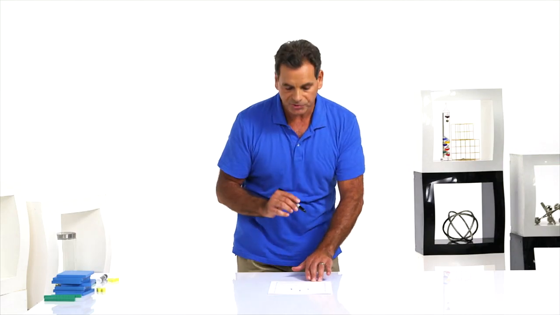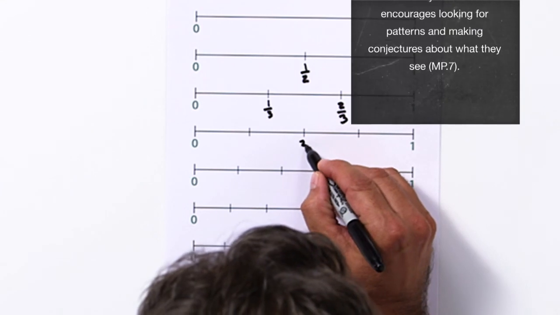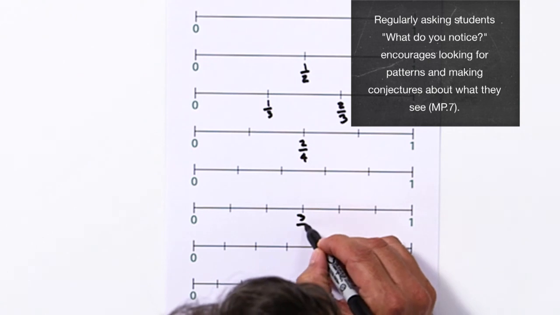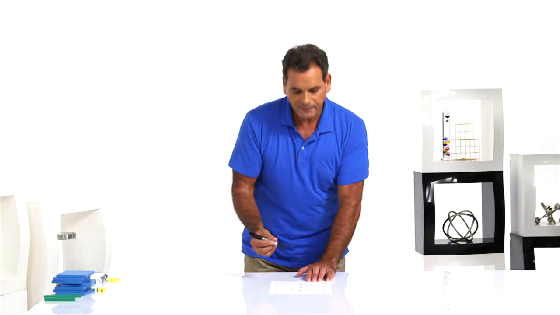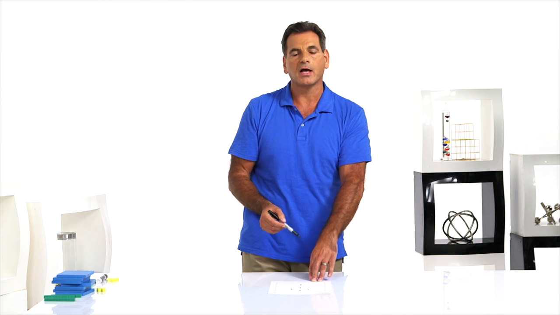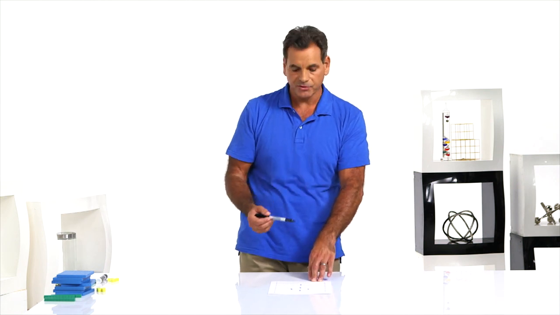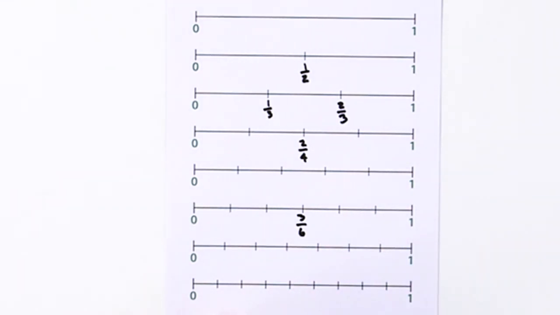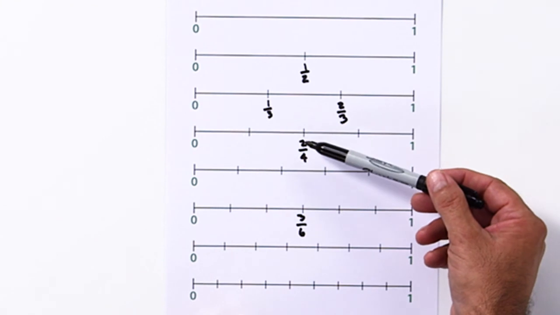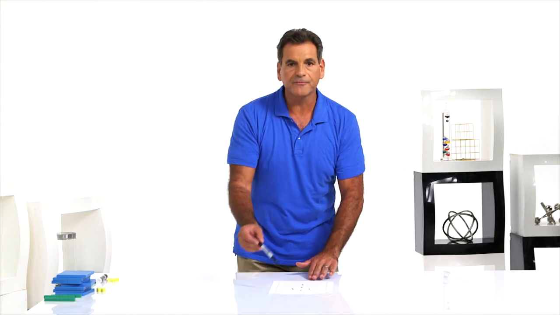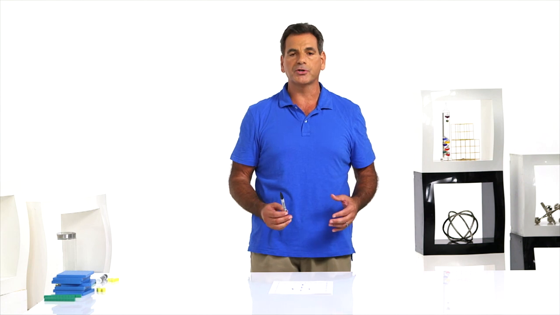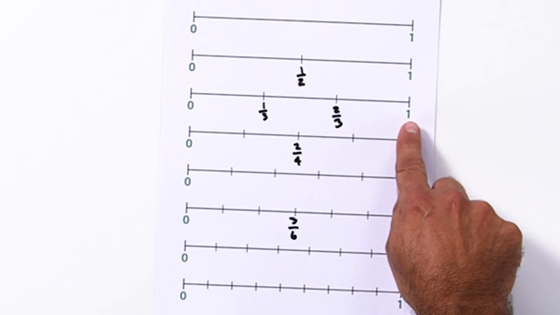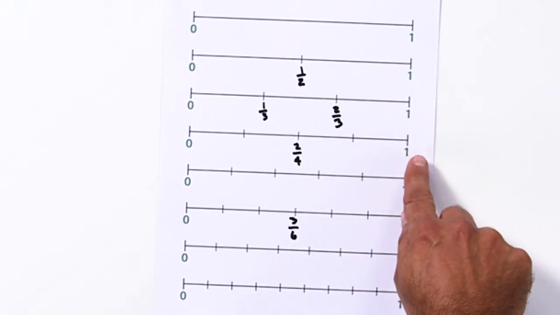And what they end up noticing are things like this. This is 2/4. This is 3/6. And they can see that they're on the same location on a number line. In that way, they will develop the understanding that if they're the same place between 0 and 1, they're equivalent fractions. 1/2 is equivalent to 2/4 is equivalent to 3/6. So they'll fill out this entire sheet, and there's a lot of things you can do with this. They can also see now that 2/2 will be 1, 3/3 is equivalent to 1, 4/4 is equivalent to 1,